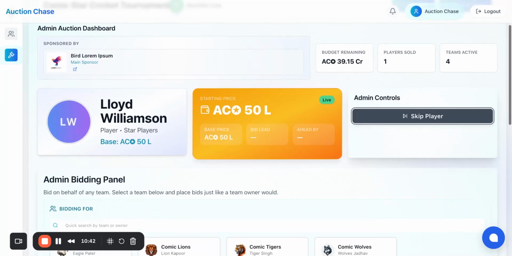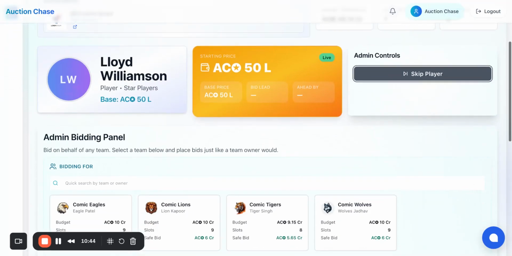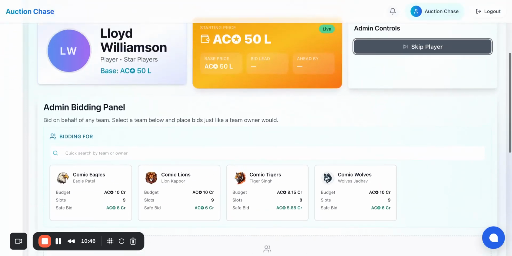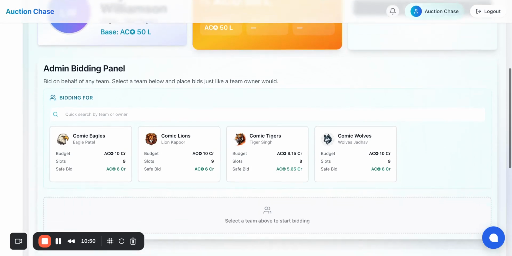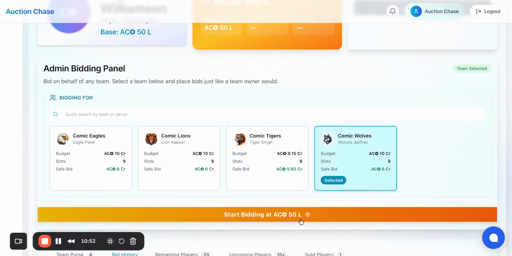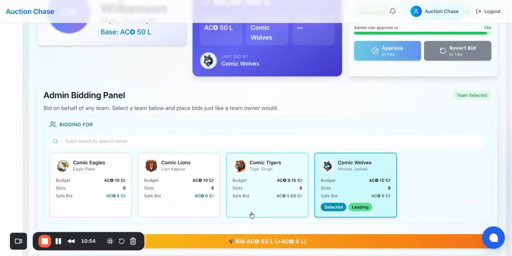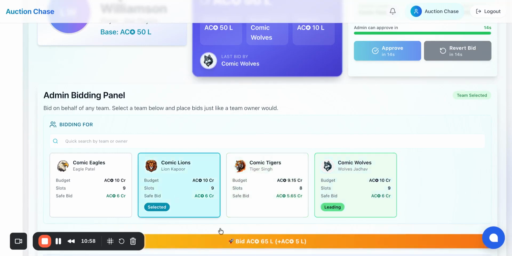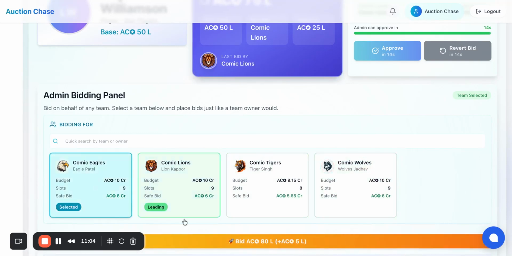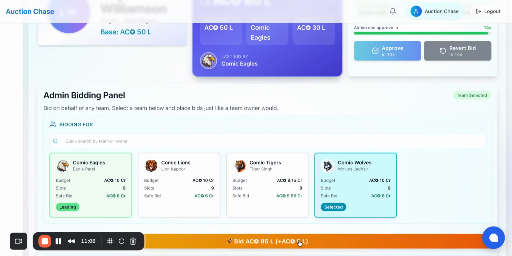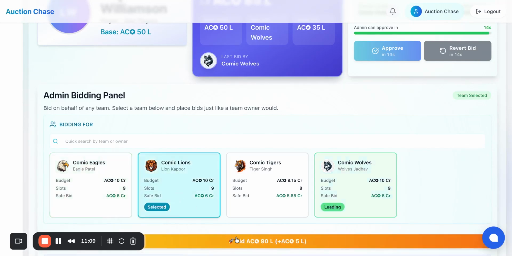Let's say Lloyd Williamson is the next player, and let's assume that this is a very good player and there is a bidding war going on for this player. Let's say Comic Wolves bid started at 50 lakhs, Comic Tigers 55, Comic Wolves 60, Comic Lions 65, Wolves at 70, Comic Lions 75, Comic Eagles 80, Wolves 85, Lions 90, Wolves 95,